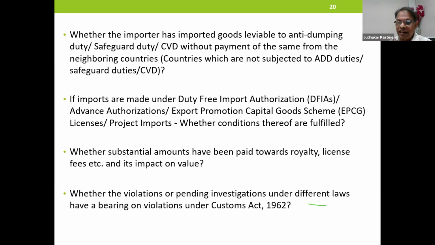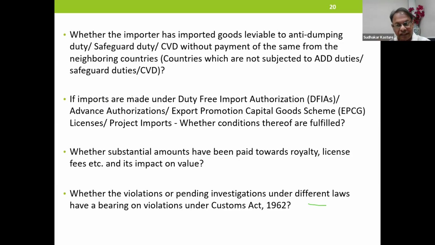If imports are made under duty-free import authorization, advance authorization, EPCG authorization, project imports, whether conditions thereof are fulfilled, whether substantial amounts have been paid towards royalty, license fees, etc., and its impact on value.